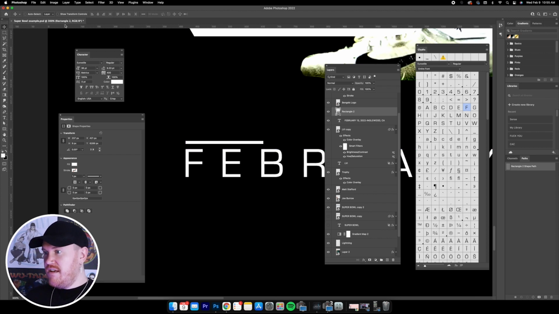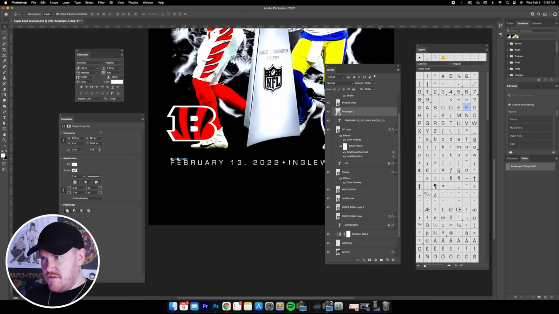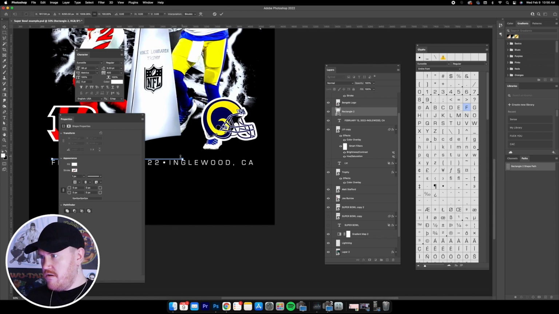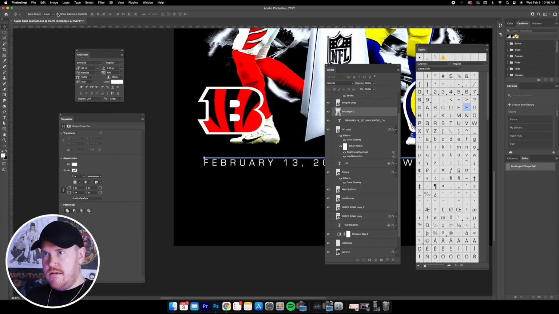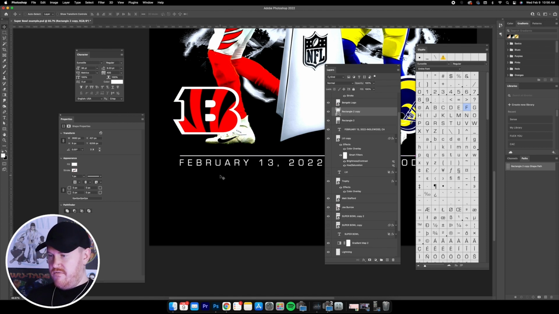I'll just do that. And then once I've got my rectangle, I'll hold down Shift and drag it over so that it's the right size. We just want it to span the entire width of the text. That's good. And then we'll bump it up. I'm gonna hold down Shift and bump it up a little bit. That feels pretty good. And then hit Command J and I'll duplicate that rectangle, hold down Shift, slide it down,